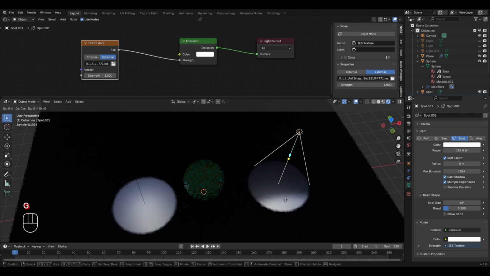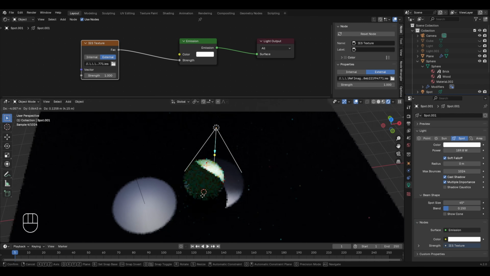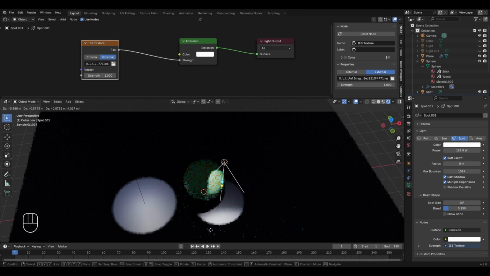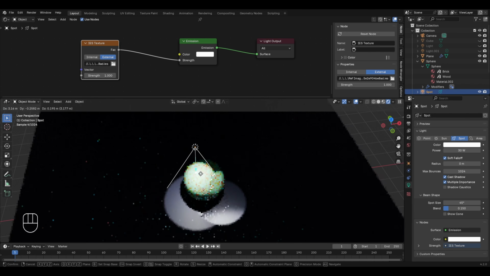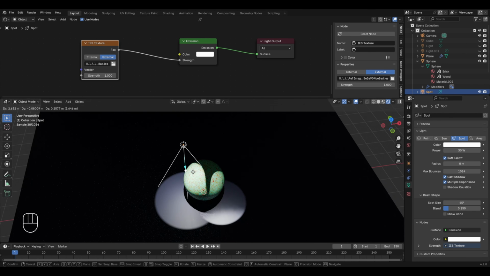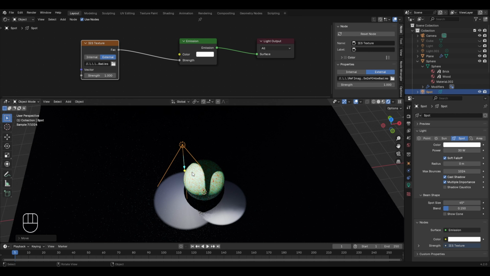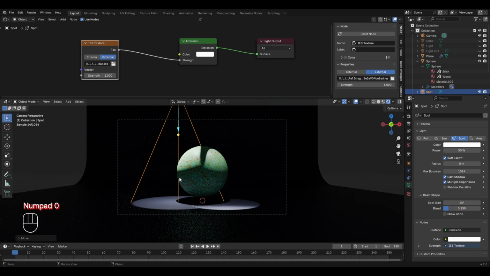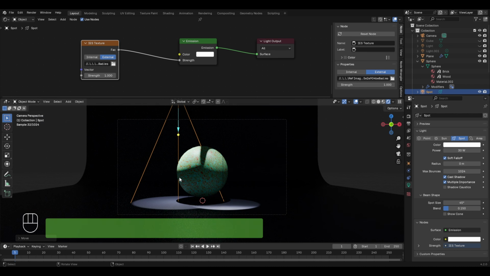So whenever you want to have some special lighting effects in your scene, then you can use the IES textures for that particular light. In fact, I would suggest you to download some more IES files from that website that we just visited and try to understand the difference between each one. But for now, we'll move on to the next topic of this chapter, which is the Voronoi texture.